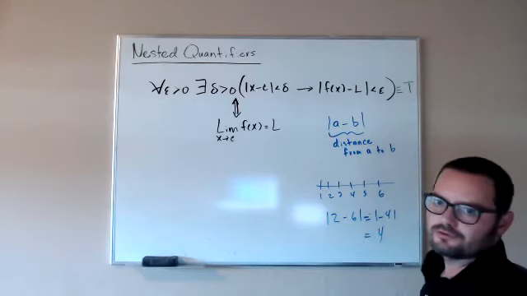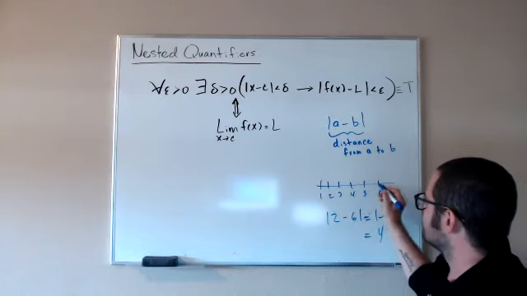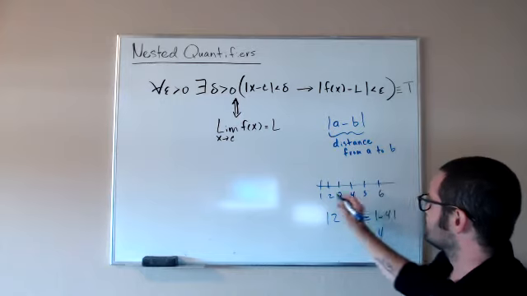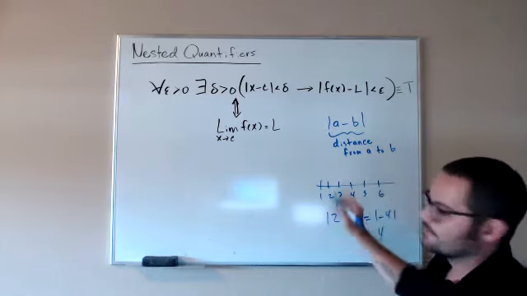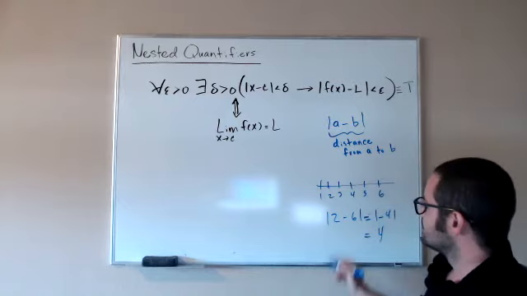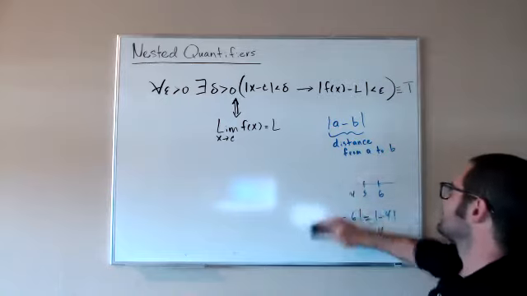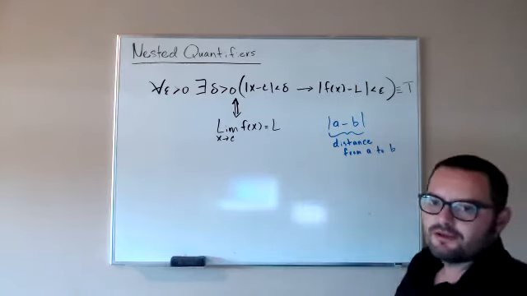is just 4, right? So if you look at the distance between these, if we start at 2, then 1, 2, 3, 4. That's how far away 2 is from 6. So this is just measuring a distance, right? Okay. So now that we understand that